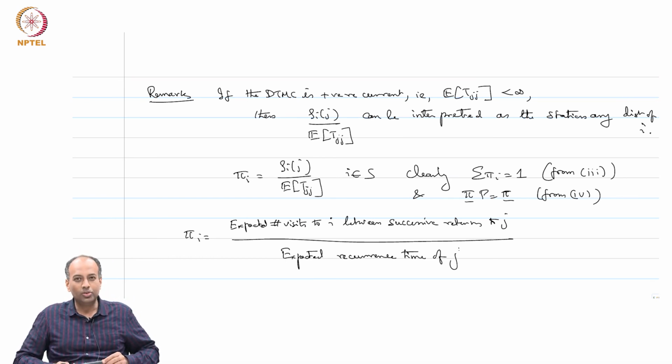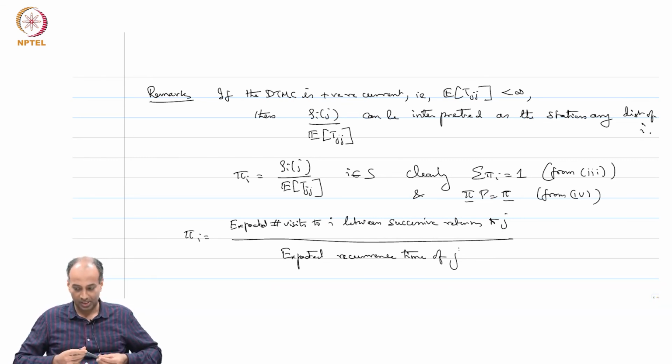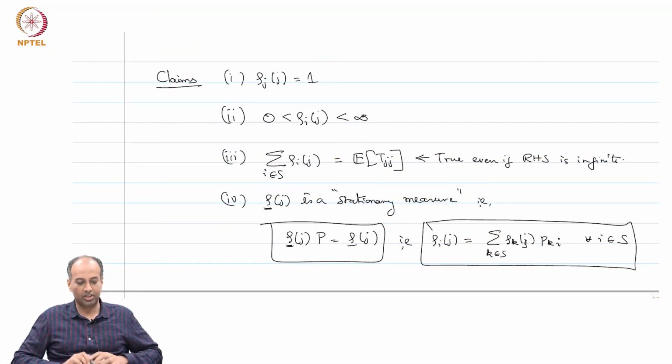So, this we already knew from renewal reward theory, right. In fact, we considered a reward process which gives a reward of 1 when you visit i, but the renewal process we considered was between visits to j, and we used renewal reward theory to come up with this. So, this is not surprising to us at all, because we have seen this using renewal theory, but all I am saying is that you can explicitly construct this pi like so, and from elementary principles, not using any renewal theory or anything, we can prove these claims 1, 2, 3 and 4, okay, which I have not done, which I will indicate how to do,